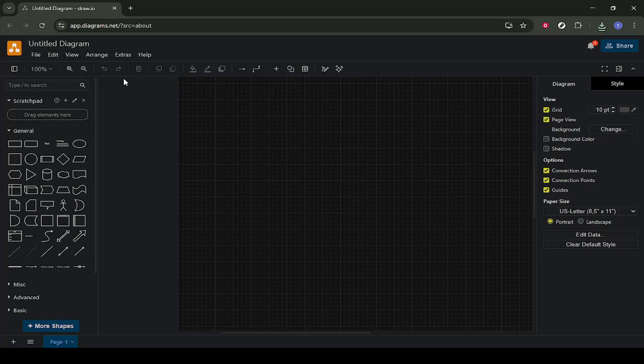In today's video, I'm going to teach you how to pan the canvas in Draw.io. Panning the canvas is a simple but really important skill when you're working on diagrams, flowcharts, or any kind of visual layout. As your diagram gets bigger, it won't all fit on the screen at once, and that's where panning comes in. Instead of zooming in and out constantly, you can just move the entire canvas around to focus on